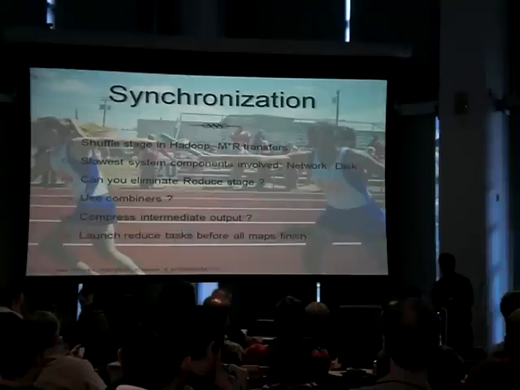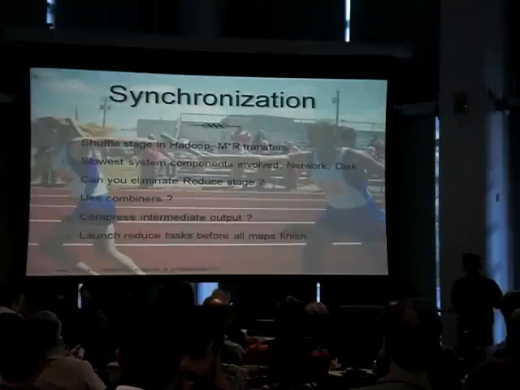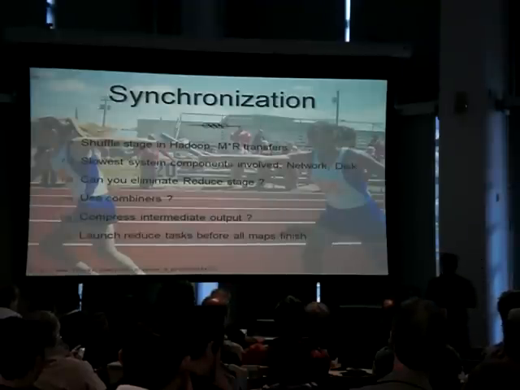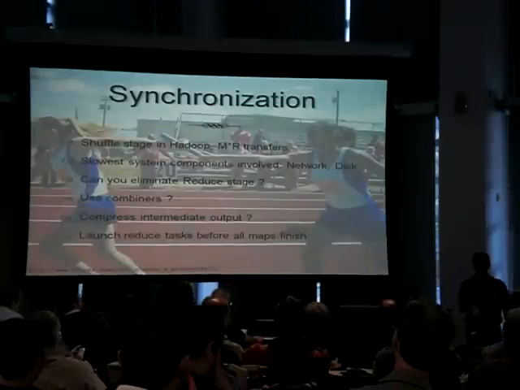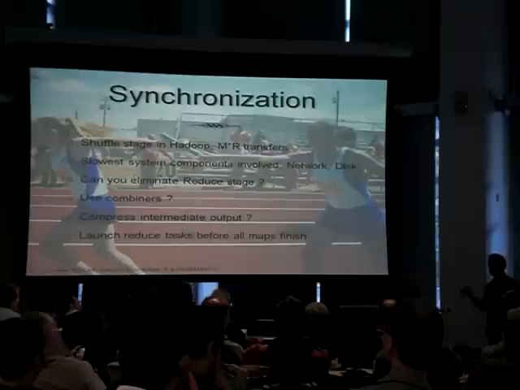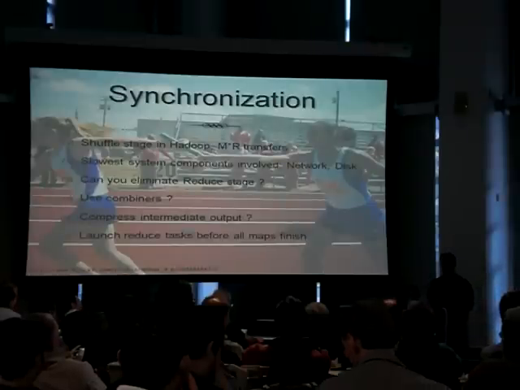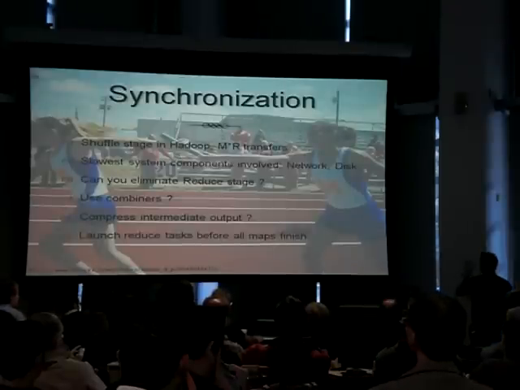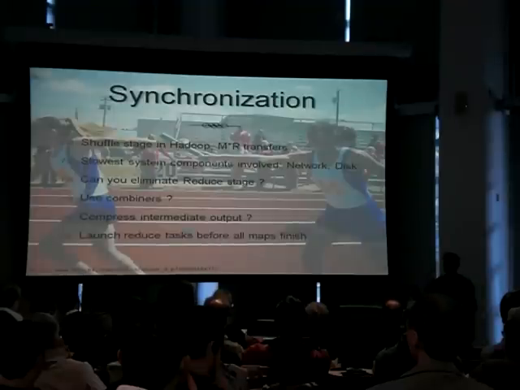What is unfortunate is that this synchronization step actually involves the slowest of the system components, which are disks and networks. Okay? So the map output has to go onto the disk, so that even if the map goes away, somebody will be able to fetch it. And then it has to get transferred over the network to the reduce task. So shuffle is often the most critical component that you need to focus on